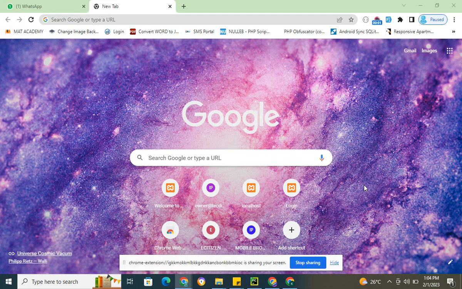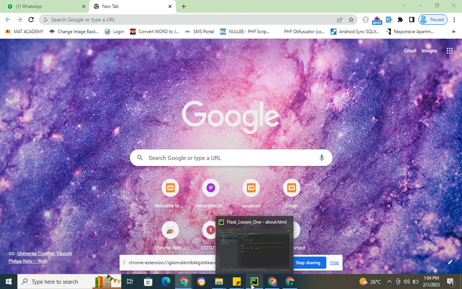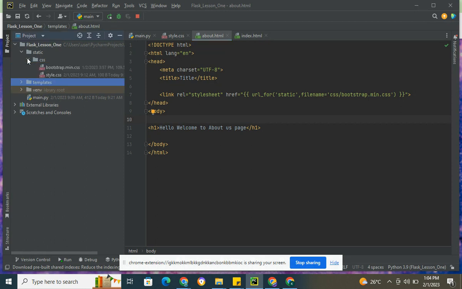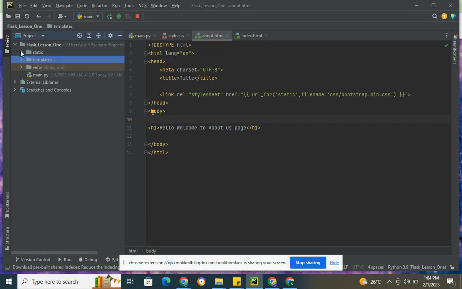Pages together, we at least saw how you can create HTML files in the templates folder, and also how you can place CSS files in the static folder. So we may now want to see how we can link two HTML pages together using the a tag. So now here in the body